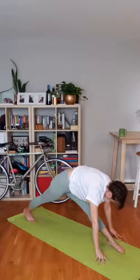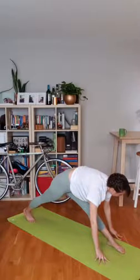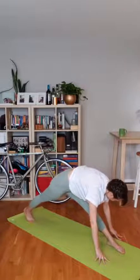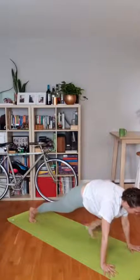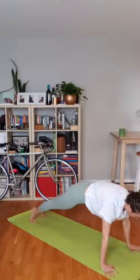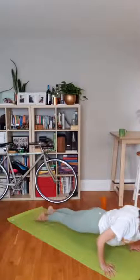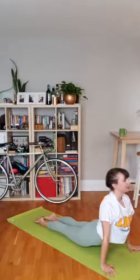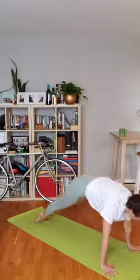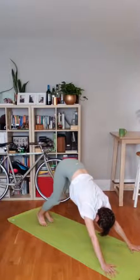Stay for your inhale. And stay for your exhale. From here, rebend into your right knee and plant your hands. Step back to your plank pose. Take one breath in. Lower any amount, breath out. Back bend of your choice, cobra or up dog. Downward facing dog, send your bum back. You're here for your breath in